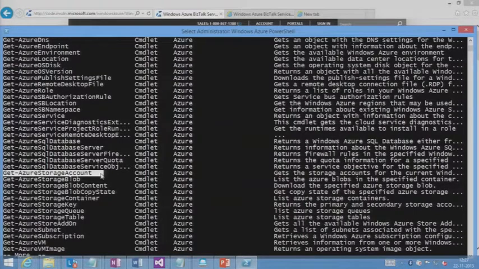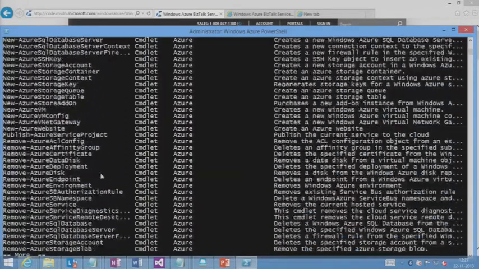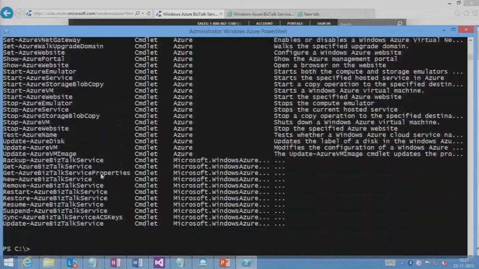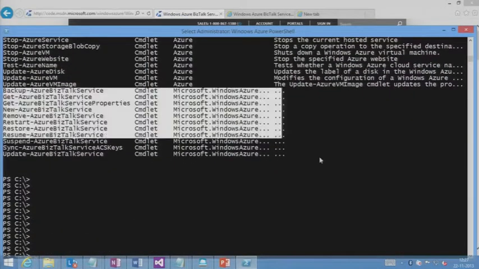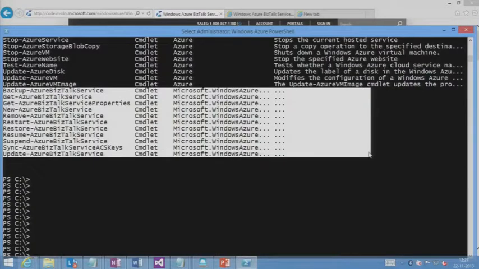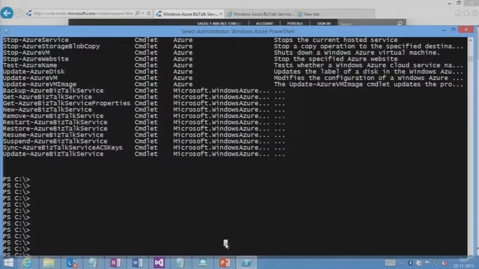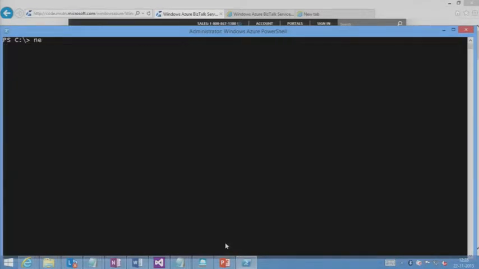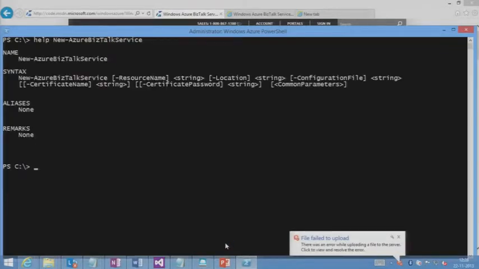So the best way to get hold of all the PowerShell commandlets is using help. If you type Azure, it gives you a bunch of commandlets that are already supported on Azure, right? This includes, for example, you can get the details about your SQL database. You'll be able to create a new SQL database. Or, for example, if you want to get details about a storage account and create a new storage account. For creating a new BizTalk service, all you have to do is provide it a SQL account and storage account, and the name and the location where you want to create a BizTalk service. You'll be able to achieve that,